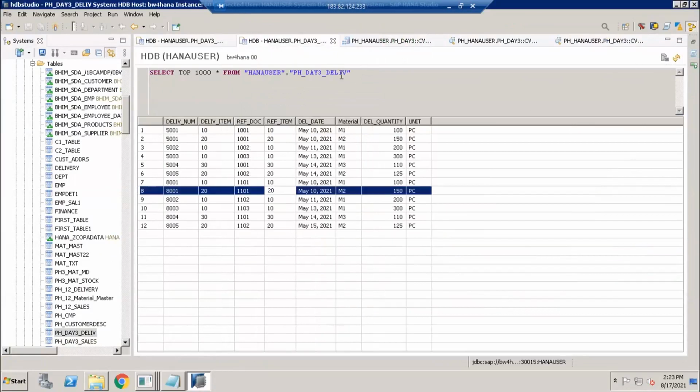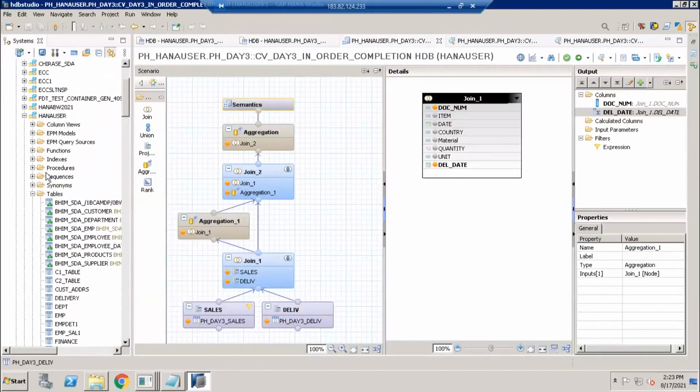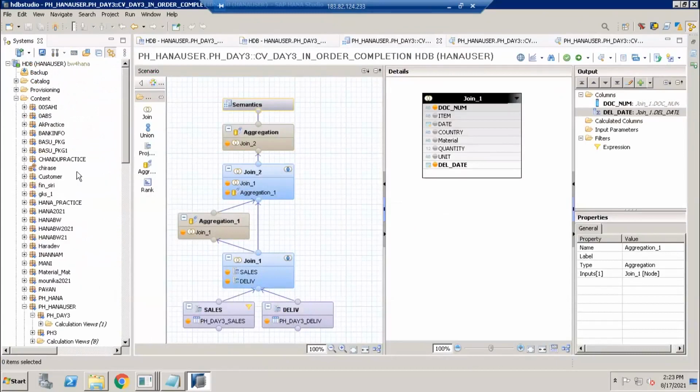Okay. Now, what I want is, here we created one CV. I want this CV to be used only for India, to bring only IN data. I want to create another CV in a similar fashion where I want to extract the DE data. Okay, so how can I do it? I don't want to recreate the entire CV again.